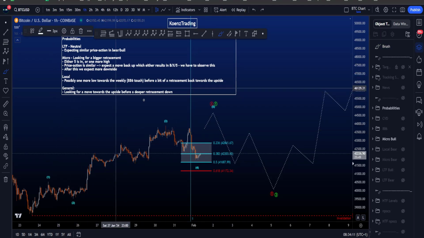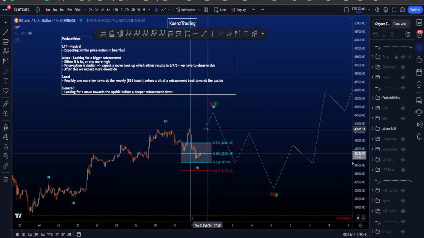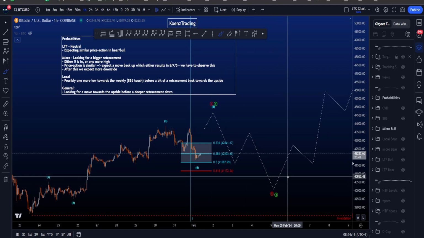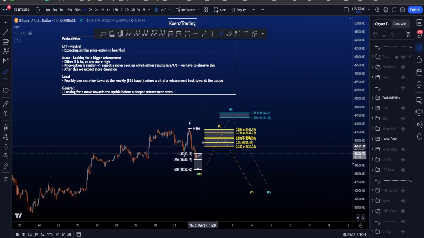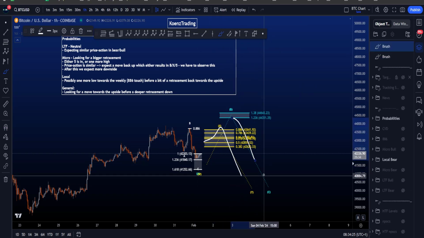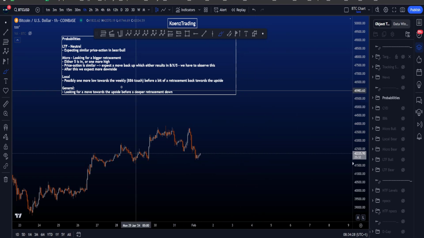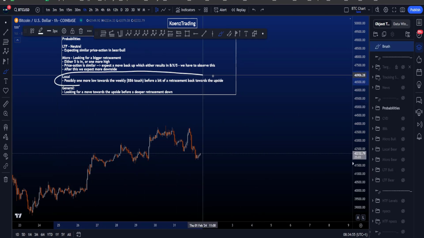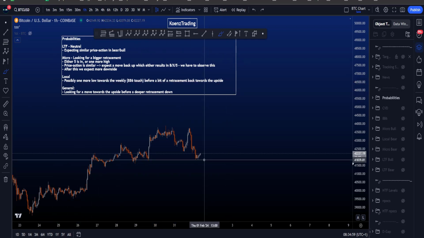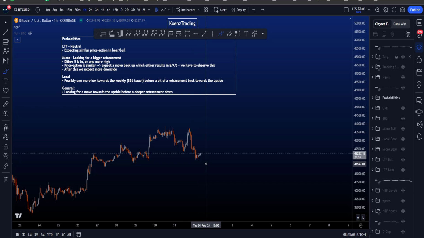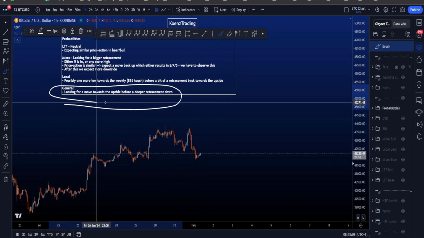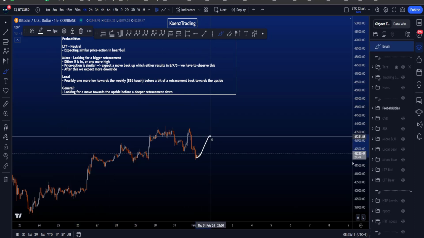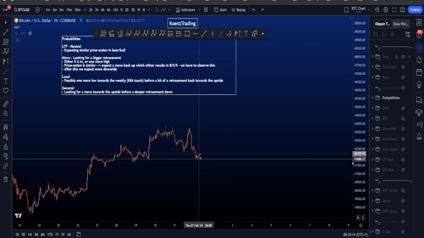After a move to the upside, we are going to expect a move back towards the downside. After a 5, we look for a 3-wave correction in B or 2. And if we get the move to the upside here in an X and a B, we want to see corrective structures, and we're going to expect also another move towards the downside for a bigger corrective structure to come. Locally on the 5-minute chart, there is the possibility that price is going to make one more low because of the 0.886 touch that we have at the bottom, before then a retracement to the upside. But in general, right, we are looking for a move towards the upside here before then a deeper retracement to the downside, and based on the move that we get, we can reassess the probabilities of what scenario has